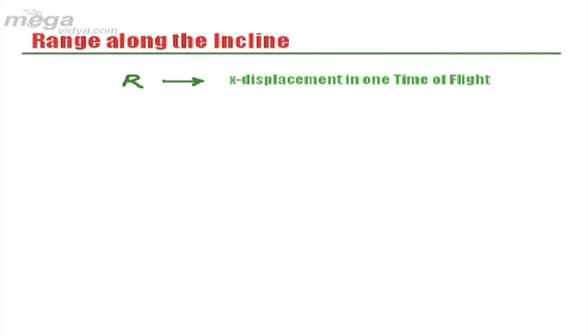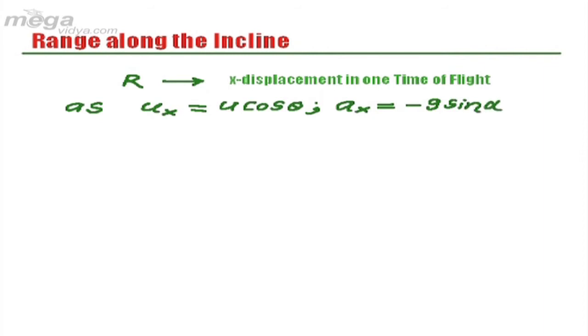Now we will utilize this time of flight to calculate the range of the projectile along the incline. Obviously, we can do it in two different methods. I will first go with the traditional method, and after that, I will give you an alternative method which will reduce our calculation part. So first, I am going to discuss the traditional way of getting range along the incline, as ux is equal to u cos theta, ax equal to minus g sine alpha,